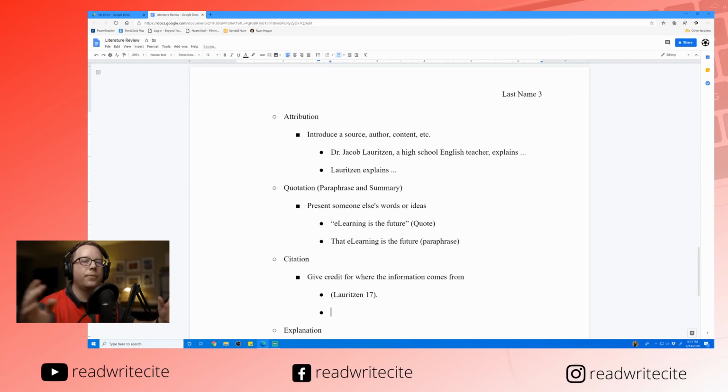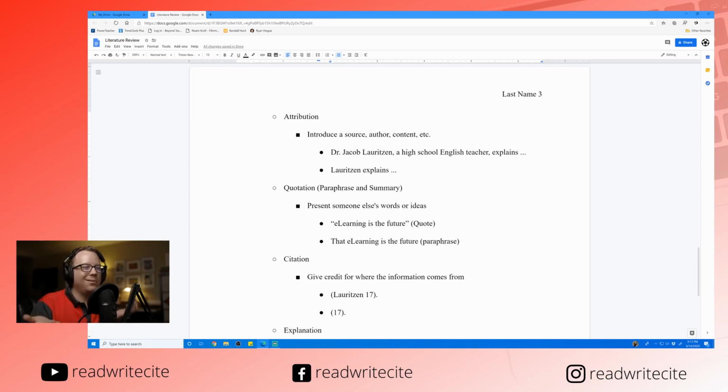All right, so it's going to look something like this. It might look like just the number. This is where students get really confused. Teachers will explain, once you've introduced the author, you can just use the number. If you're doing a literature review and you're using lots of sources, it doesn't hurt to put the author's last name. In fact, it's never, ever wrong to do the whole thing. It's just not necessary. So don't mistake an exception for the rule. The rule is you give enough information: the author's last name, page number, paragraph number, whatever,